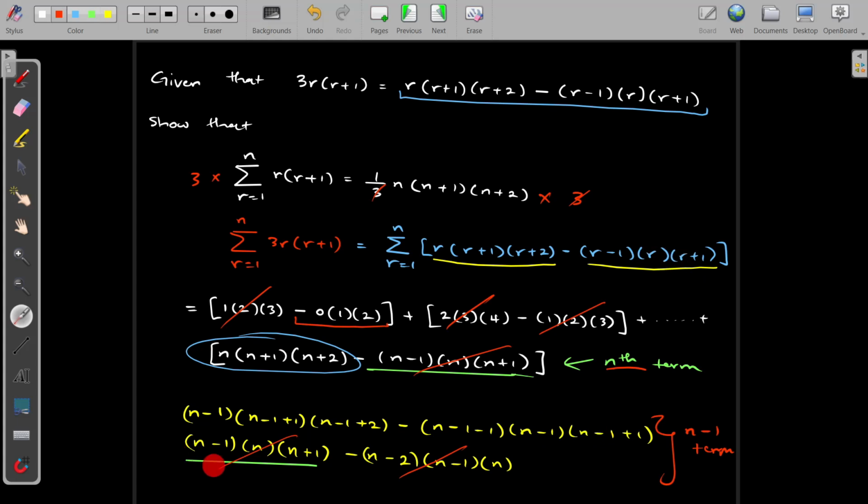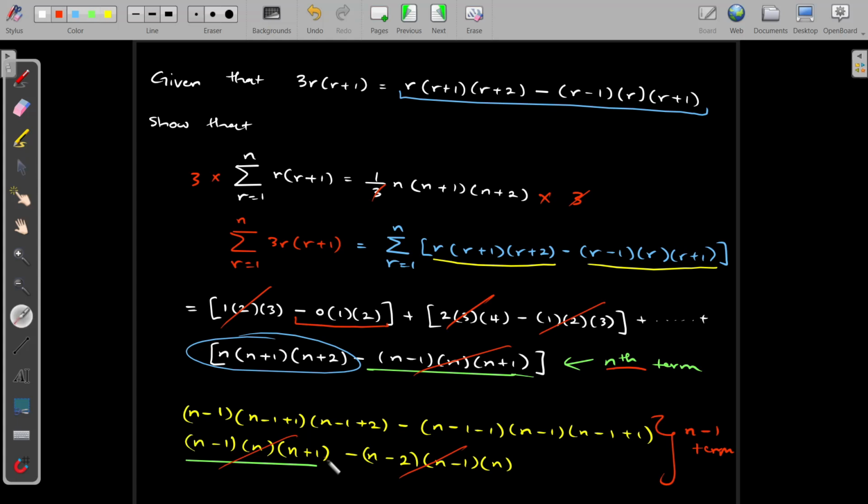And then in this second line is where we simplify. N minus 1 remains. The minus 1 and plus 1 will cancel, so that's just n. This is going to give us a plus 1. Put back our minus sign. This is going to give us minus 2. Put back the n minus 1. Nothing cancels there. And over here, minus 1 cancels plus 1. So once we get this last line here,